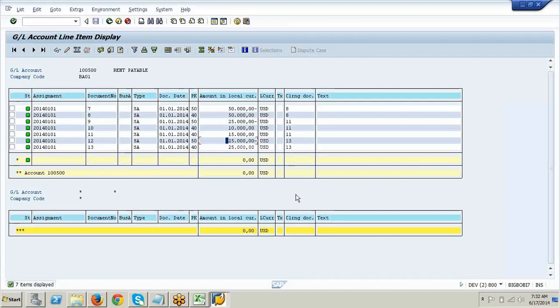It's very simple. It's clearing the original invoice and leaving the balance as an open item, whatever the balance. It may come or it may not come, you're not sure. But if you use the same scenario in case of a partial, it will not accept, because it will not go to the cleared invoice. That scenario is not applicable. A scenario where it clears the original invoice and leaves the balance as an open item, that is where we call it a residual payment.